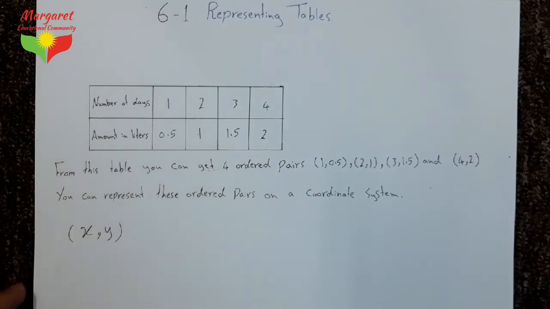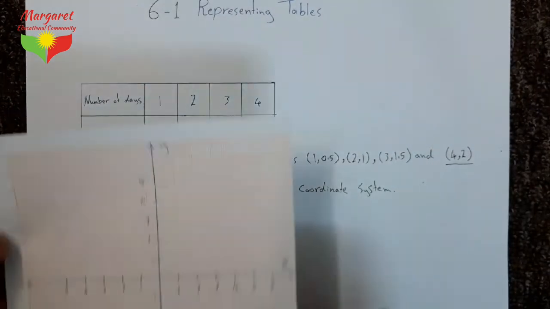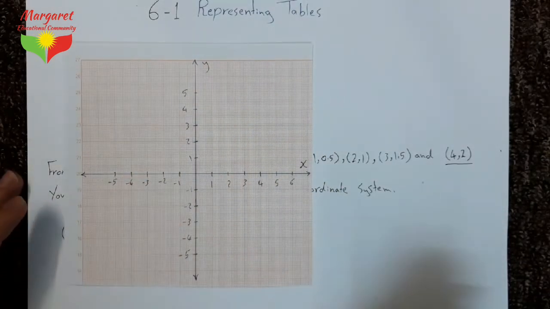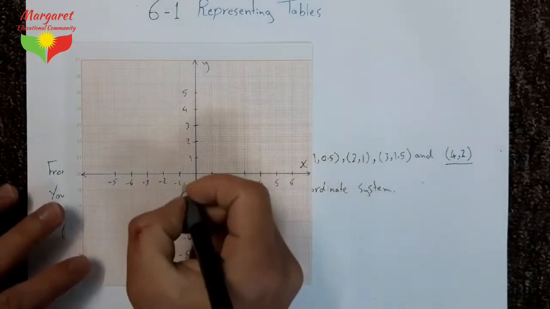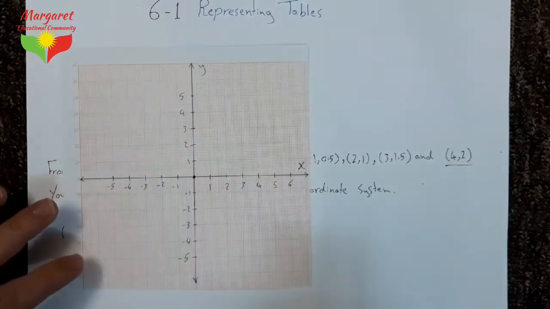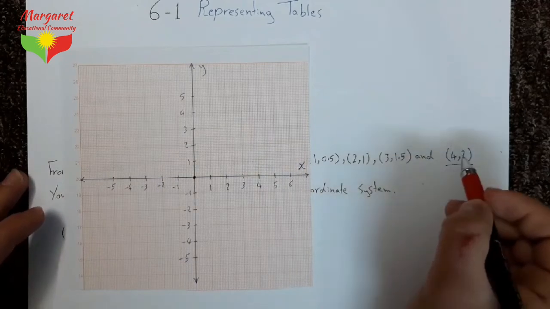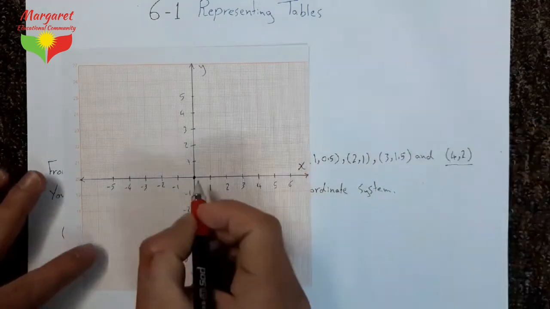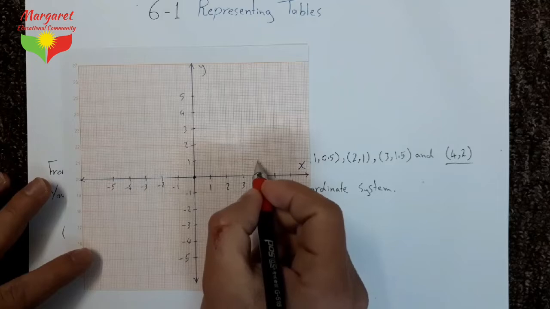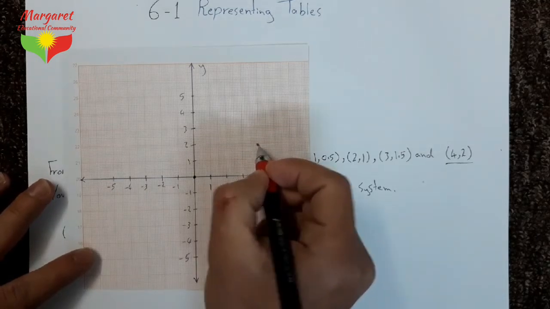For example, to represent 4, 2, first draw the x-axis and y-axis, and always start from the origin point right here. Now move 4 units to the right and 2 units up. So 1, 2, 3, 4 and 1, 2. Draw the point